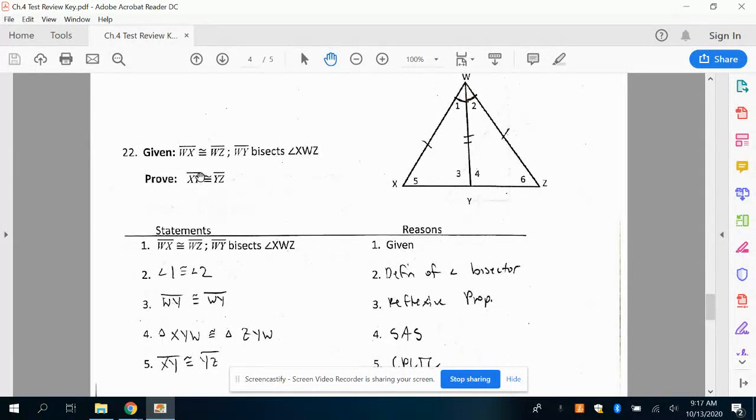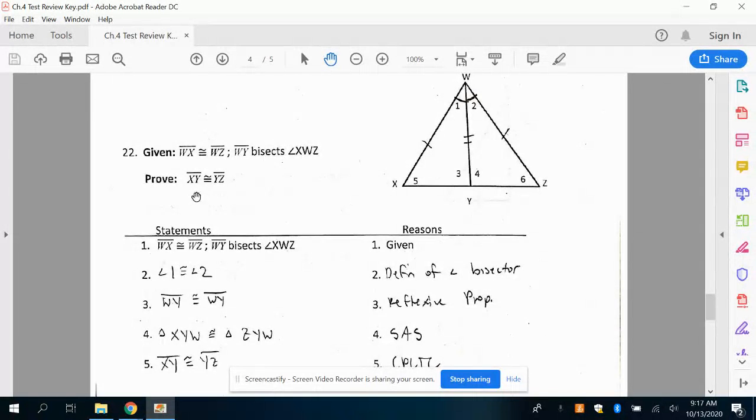This one, they already give you that WX is congruent to WZ. You should mark that right away. As soon as you see that's given to you, mark it, as I did here. So I marked here and I marked here. Okay. And then they also tell you that YW bisects angle